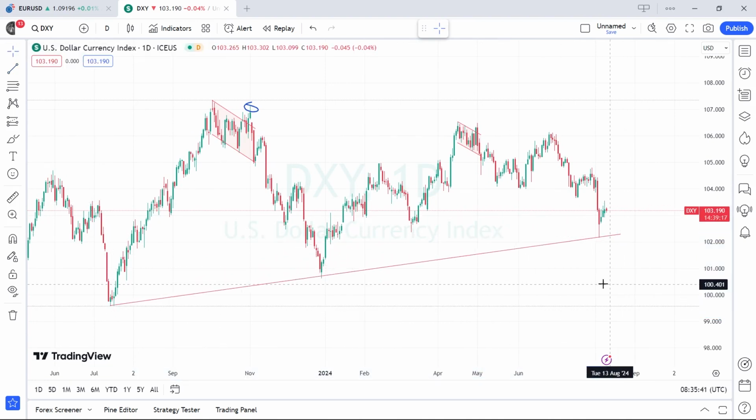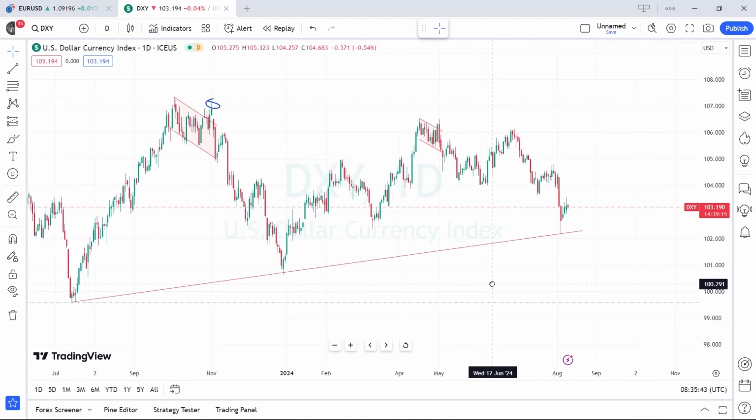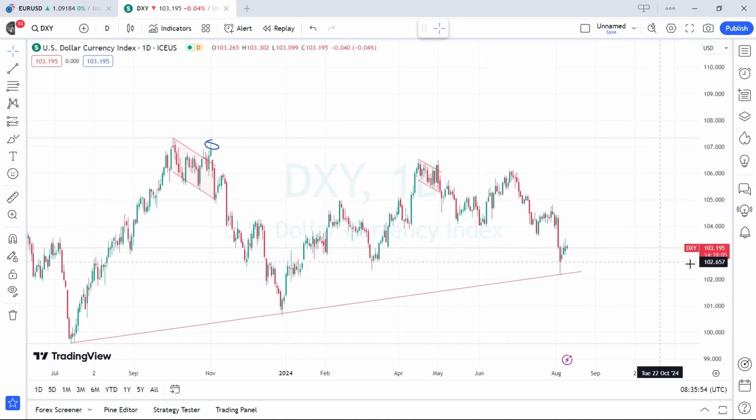I hadn't even seen this, but you can see there was this low and then this higher low, and probably this is another one. So technically speaking, it's likely to go higher from this point. Why? Now, talking fundamentally,